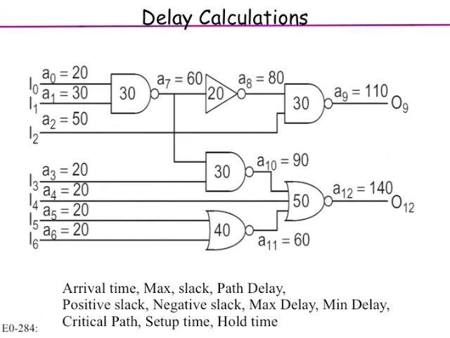Now imagine you have multiple pipe stages like this in your design. All pipe stages have the same clock. The clock period is fixed. That means the clock period is defined by the worst case path across all the pipe stages. The worst case path will set the maximum clock frequency, or the minimum clock period you can use. Any slower than that, the circuit will fail. So that is called the critical path.